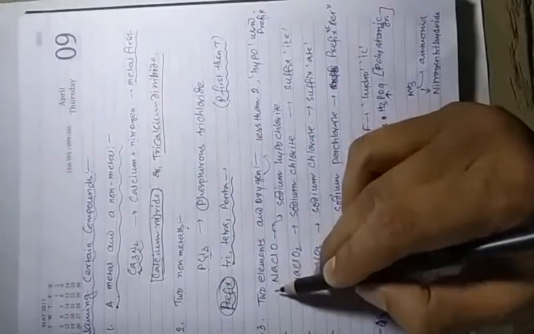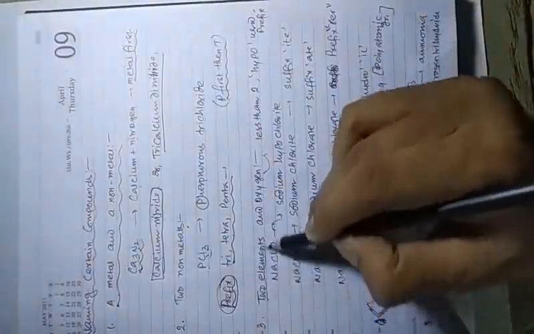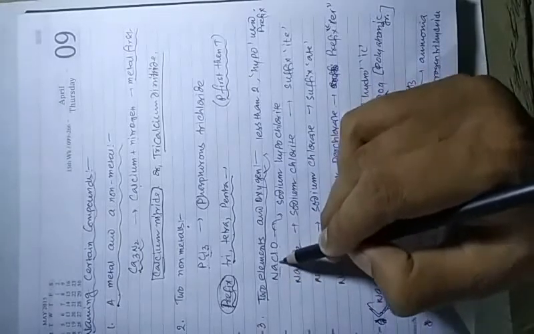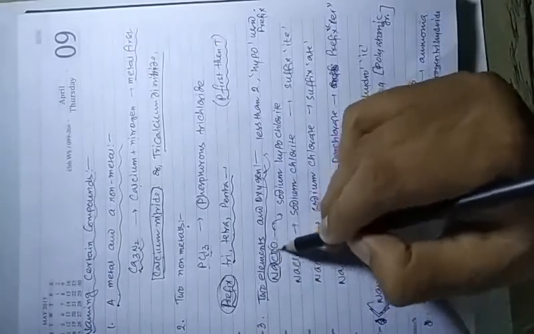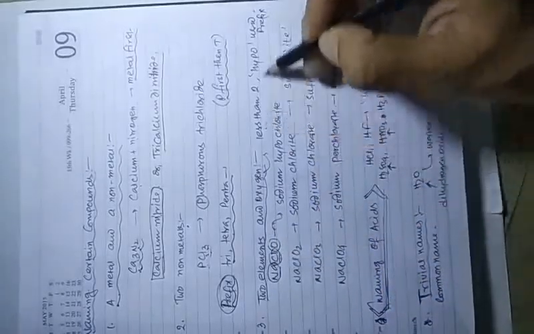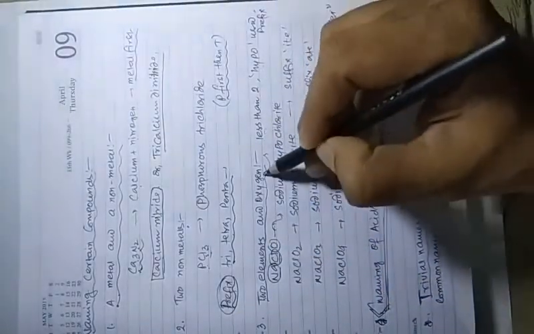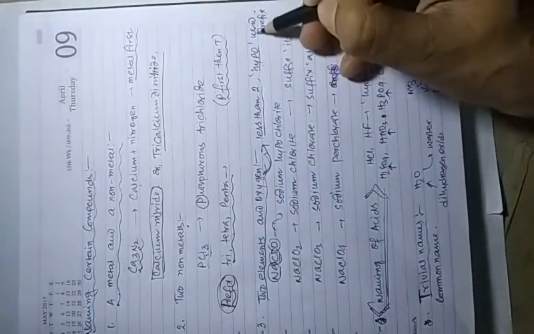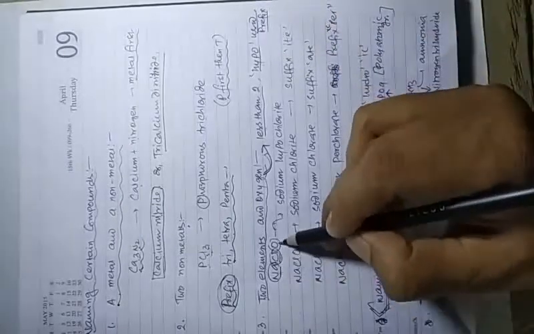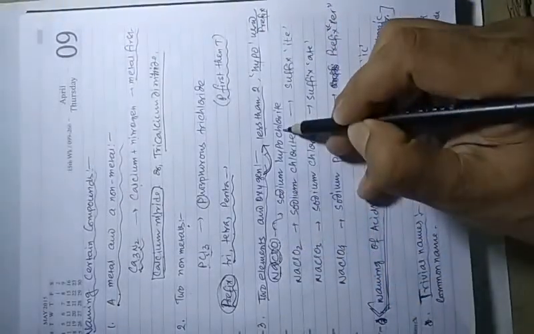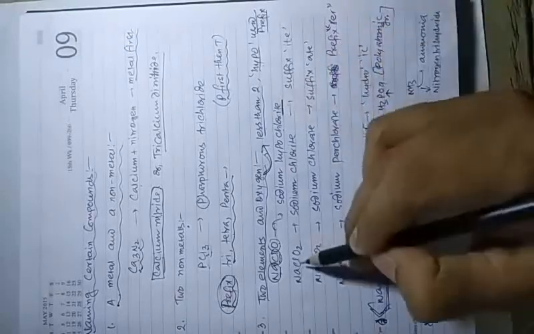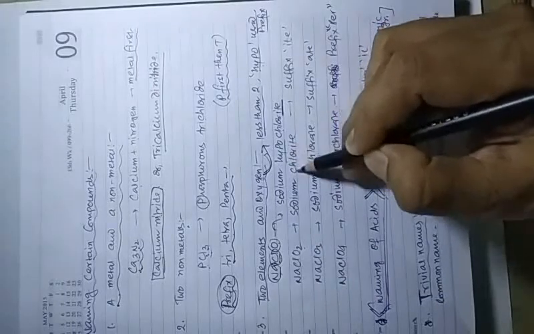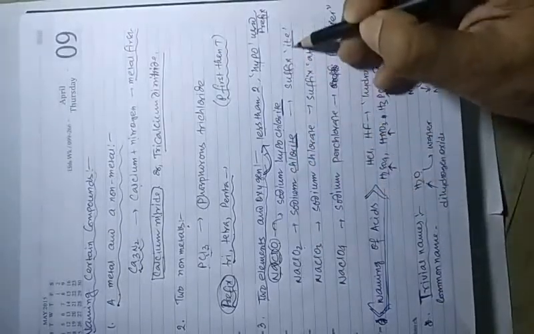Now if two elements are present and oxygen is there, see, sodium is there, chlorine is there, and oxygen. Two elements, sodium and chlorine, and another, oxygen. If oxygen is less than 2, then hypo is used as a prefix. See, NaClO, with oxygen less than 2, is sodium hypochlorite. NaClO2, where 2 is there, means sodium chlorite, hypo is not there, only the suffix ite is used.